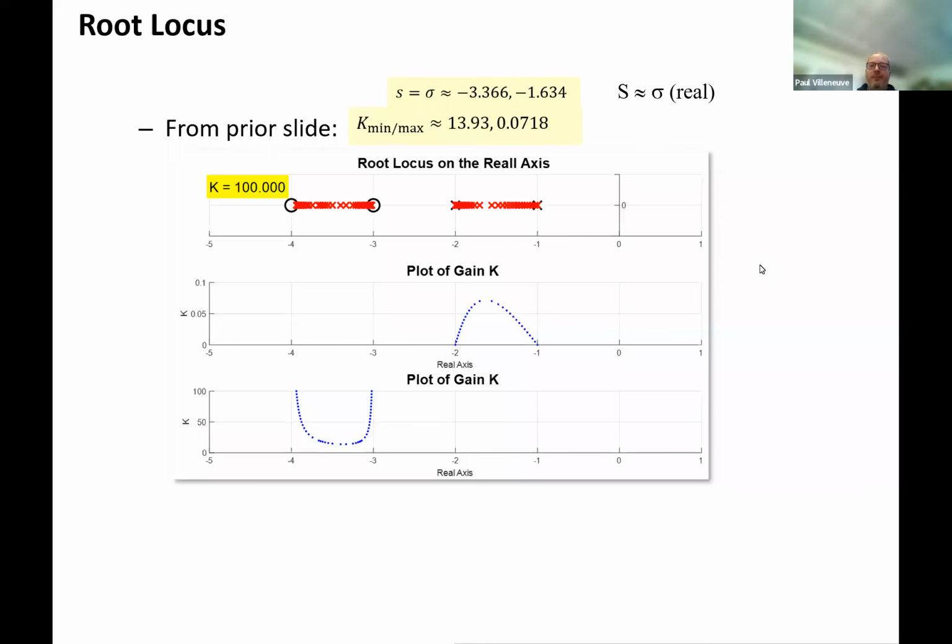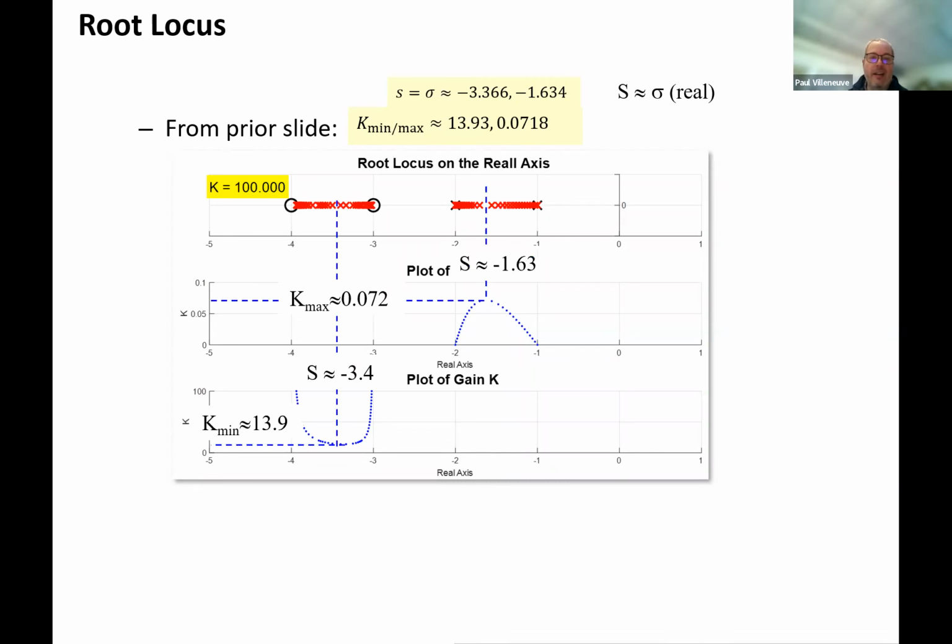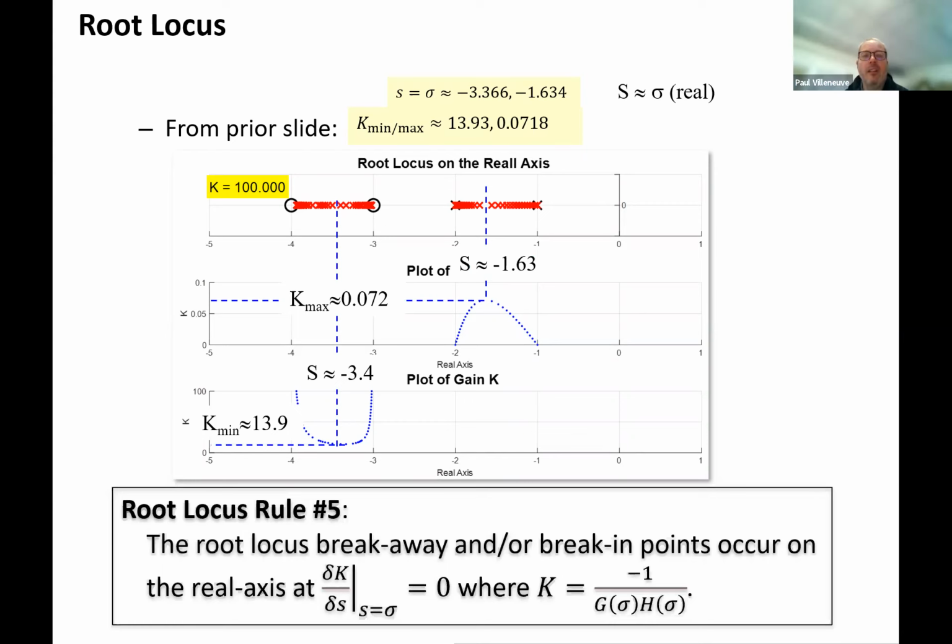All right, so this is what we did the last class, where we came up with a concept of how we could find our break-in or breakaway points for the root locus. And remember, it only breaks away or breaks into the root locus when we have a complex conjugate pair. So essentially, the way you know that you have a breakaway point or a break-in point is if you have two poles or two zeros on the x-axis,